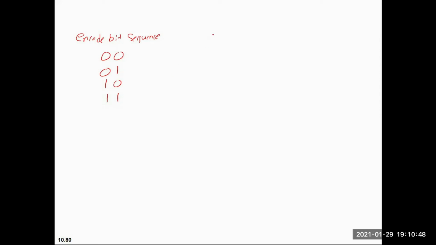The corresponding code words I'm setting as 00000, 11100, 10011 and 01111. So you can see here that the Hamming distance between these two is 3.